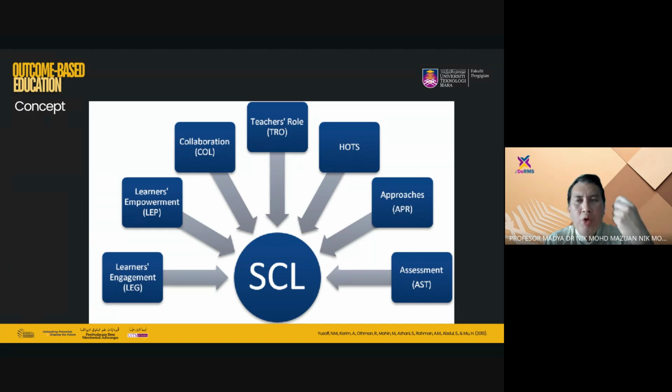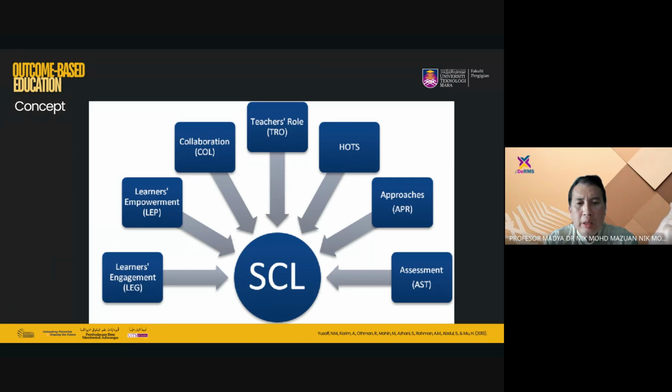Okay. For our postgraduate students, the only main problem I can see is when they do not find the full articles, right? So they use Sci-Hub, even though they are not allowed to. I have given them the email address that they can use to request any articles they are unable to obtain, and get it for free from our library. So our library will help them get the article for free. So learners' empowerment is quite an important aspect in OBE.